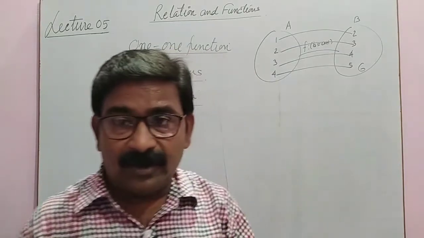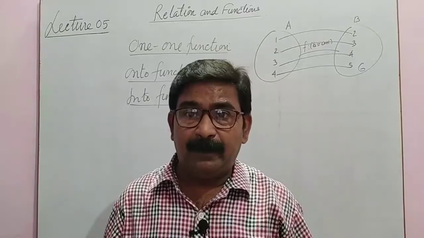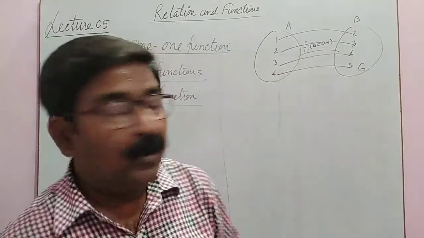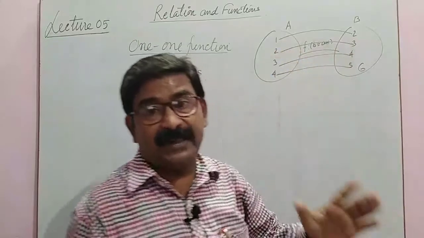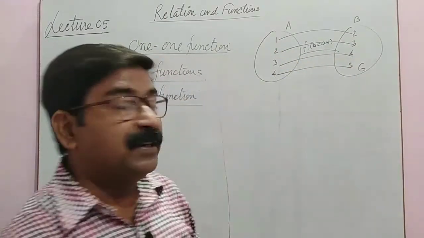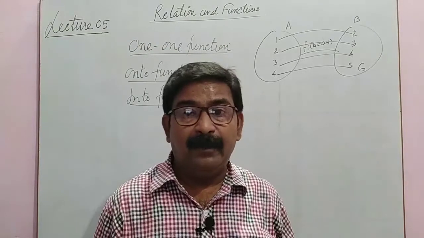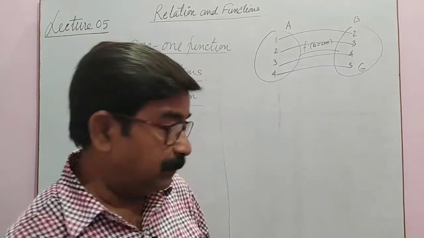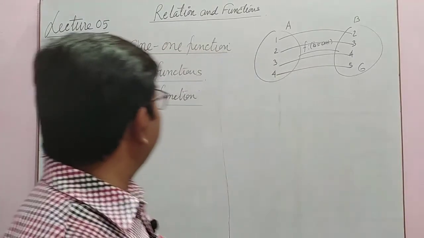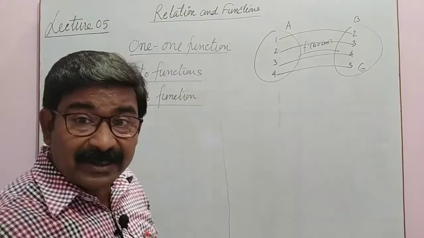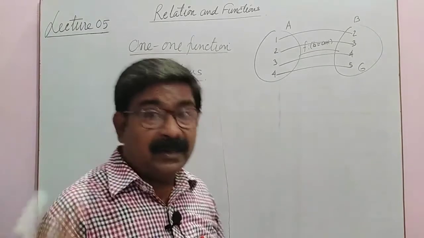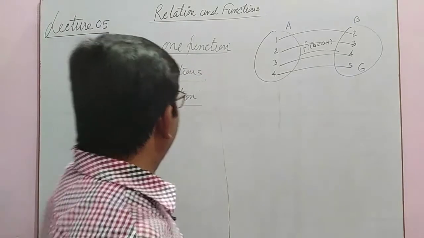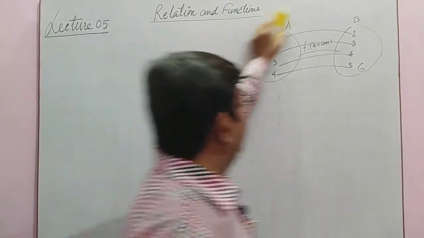Got it? What is a one-one function? It means one pre-image must have only one image in the second set. If all the elements of the second set are paired up, it is an onto function. If any element is left, it is called an into function. Got it? Now, why was it called one-one? It may be another type, a many-one function. Let's see what kind of function is many-one.